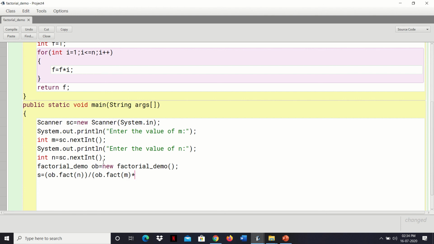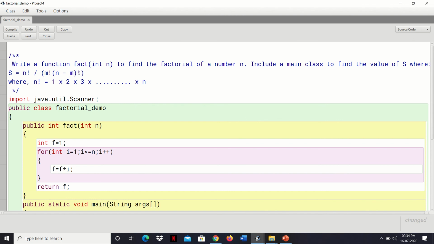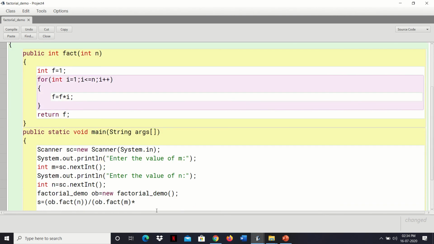asterisk. Again see the formula over there, n minus m factorial. So again you have to write here ob dot fact, n minus m factorial. Once this is done, close the bracket over here, semicolon.